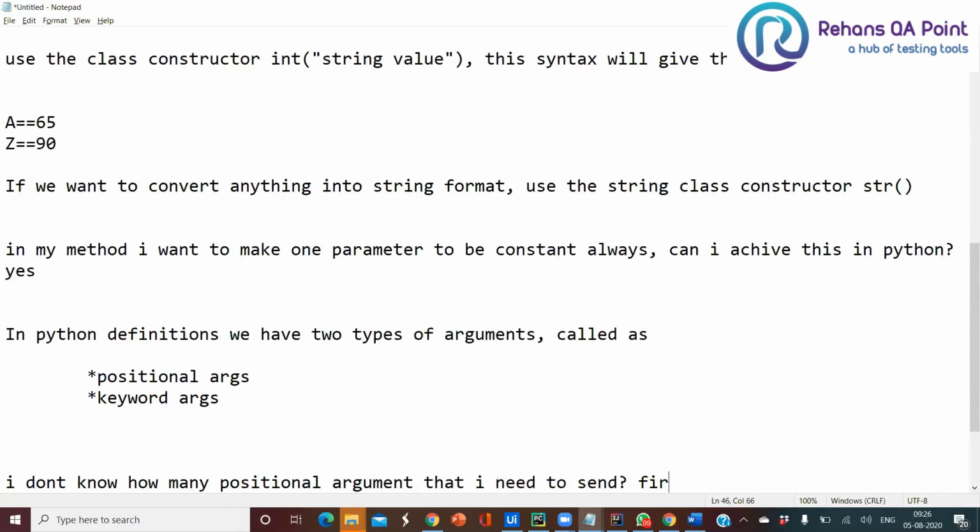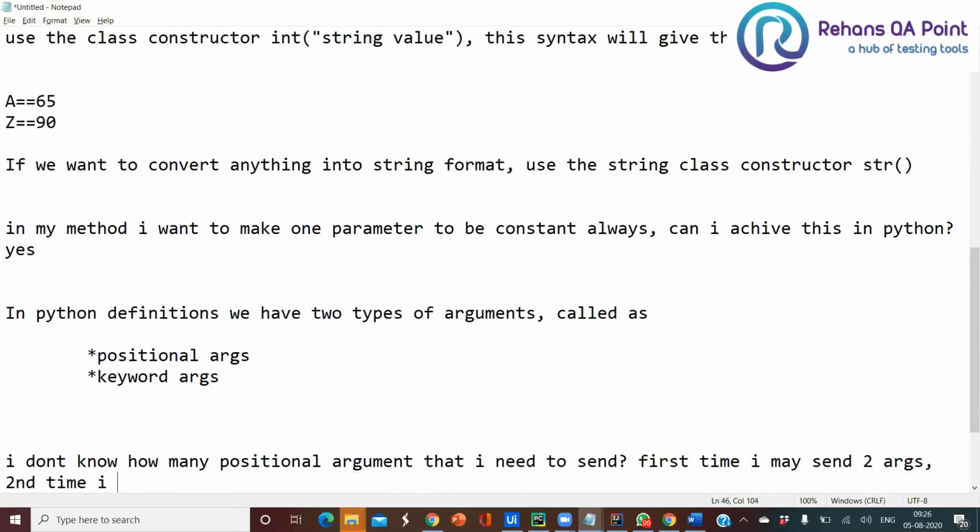First time I may send 2 arguments, second time I may send 5 arguments. Will Python support such behavior? Yes. Will Python support such behavior?